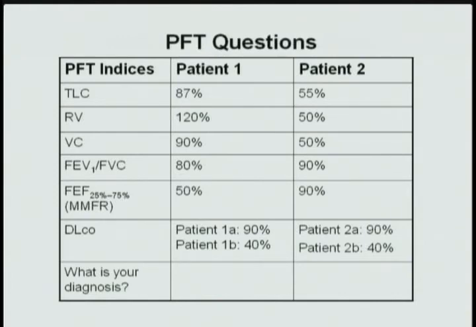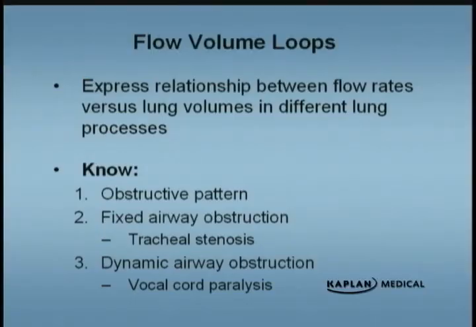Like idiopathic pulmonary fibrosis, like pneumoconiosis, any one of these, 300 diseases that affect the lung and the alveoli membrane. Very good. So that's the end of the pulmonary function test questions,